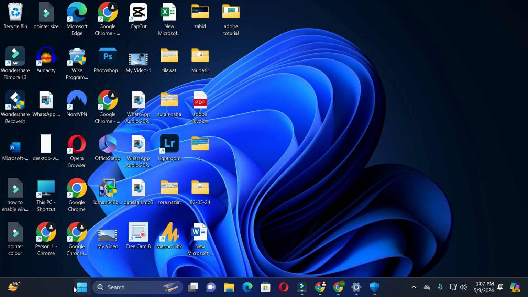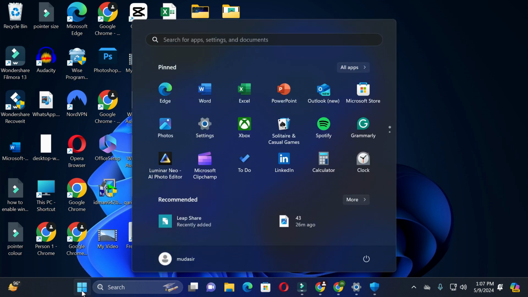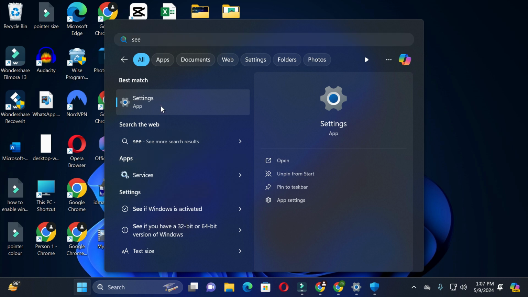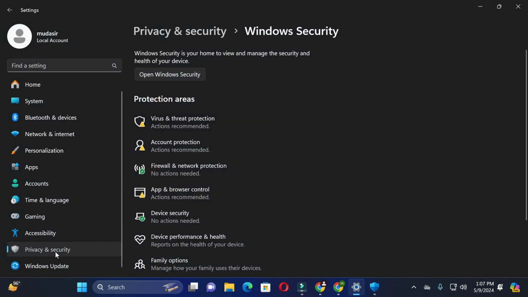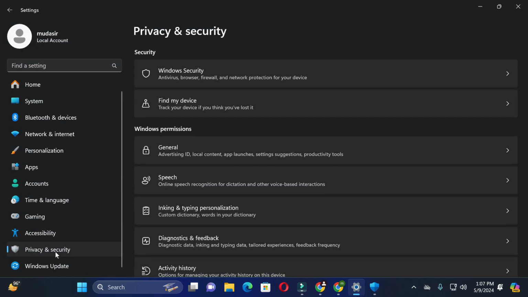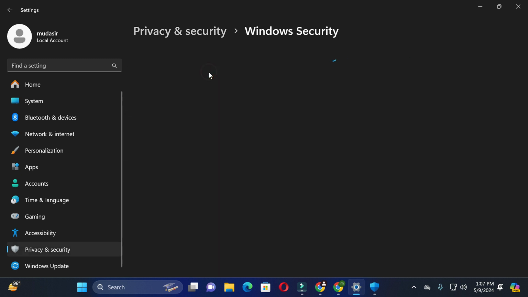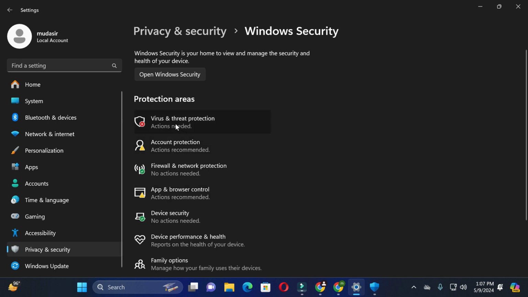First of all, you have to just click on the Windows icon and here search for settings and click on it. And here you can see the privacy and security option. So you have to just click on Windows Security. And here you can see virus and threat protection. So you click on it